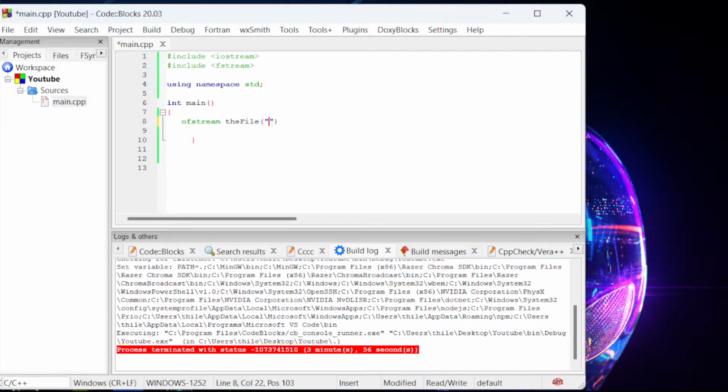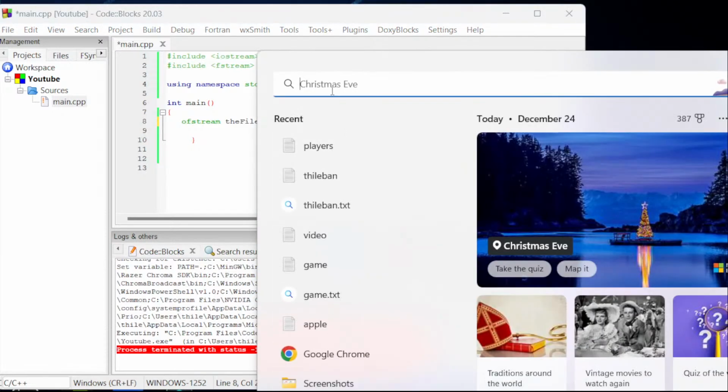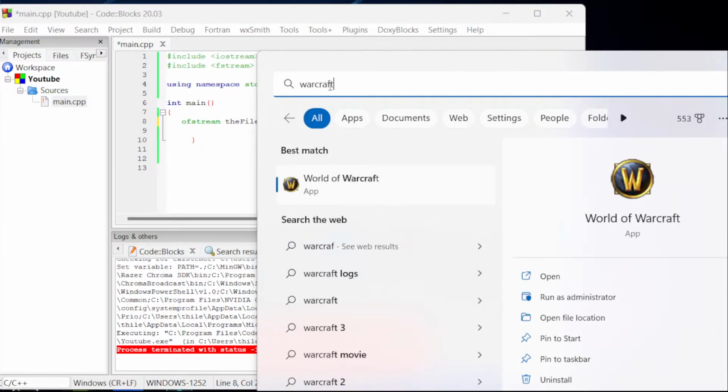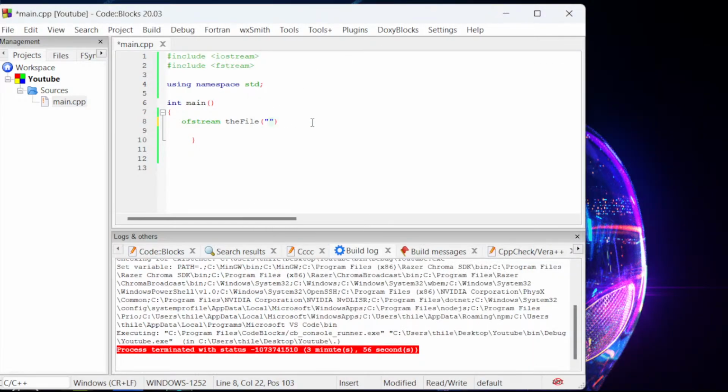But I'm also going to show on my computer that the file doesn't exist already. If I type Warcraft, it's just the World of Warcraft application here. I don't have any text file with that name. So here I'm going to write that. If you already have that file, it's going to open it and do something with it. But if you don't have it, it's actually going to create it and do something within the file. So here I'm going to put warcraft.txt